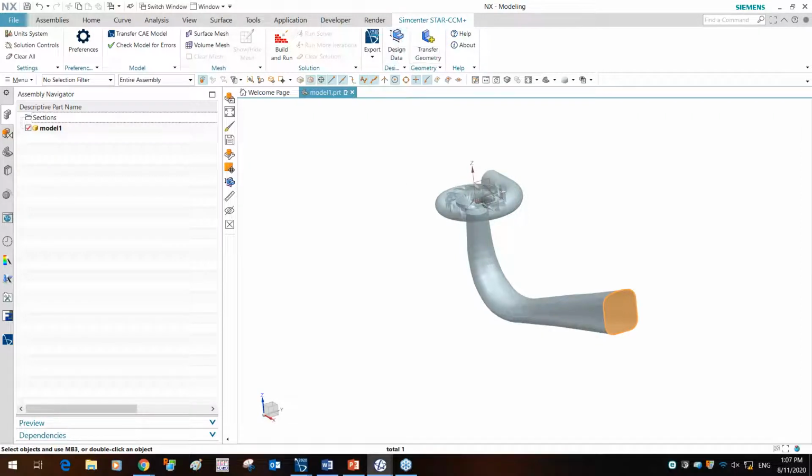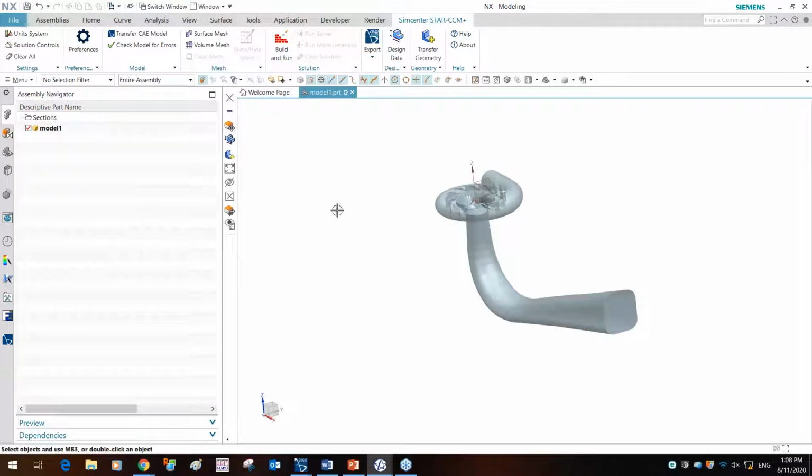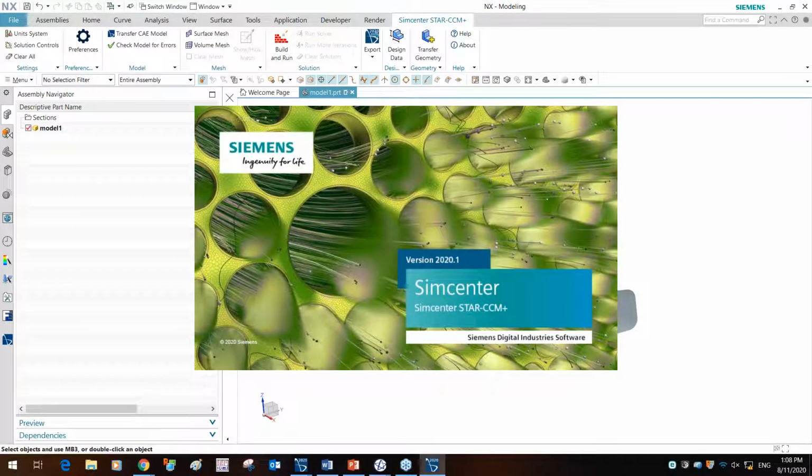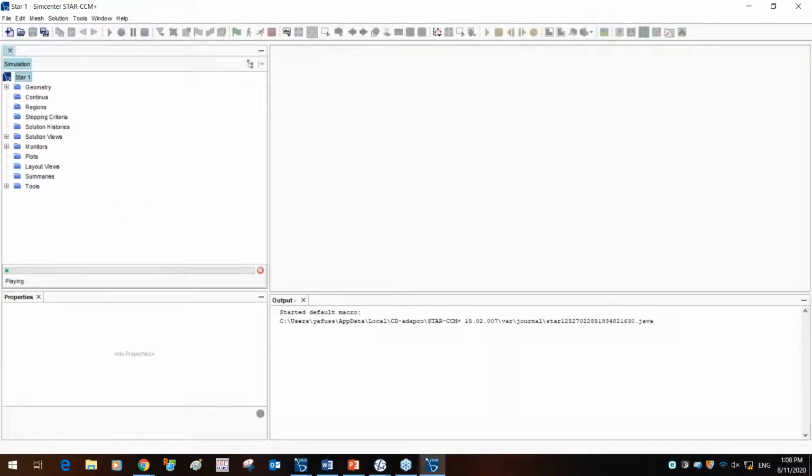Over here, you have this option called the design data. Here, it posts out the parameter that we just created, that is the motion of that face. That's the feature that's been created. We want to export that to Star CCM Plus, click OK, and all you need to do is hit transfer geometry. What's going to happen is Star CCM Plus is going to be launched, and this given feature of move face, or this parameter, will be exposed within the Star CCM user interface. So any changes made to our geometry in Star will be updated within this feature.